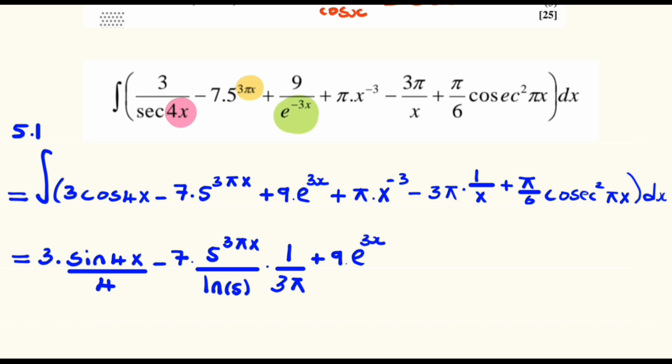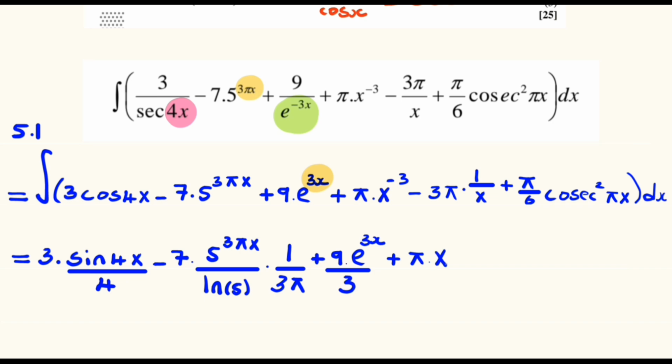And if we were differentiating, we would multiply by the derivative of the 3x, which is 3. But we are integrating, we divide by the 3, the derivative of the 3x, plus pi multiplied by the integral